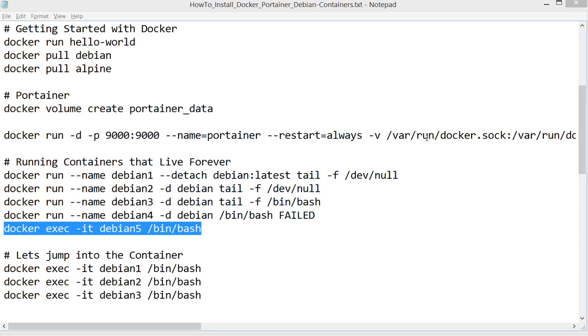Another sample here for Debian 5. Docker run does interactive Debian 5. Of course,